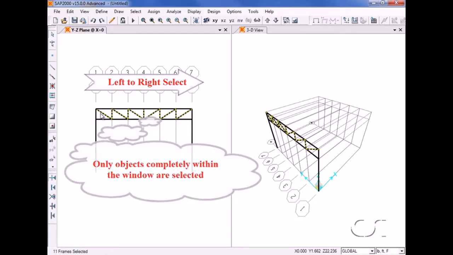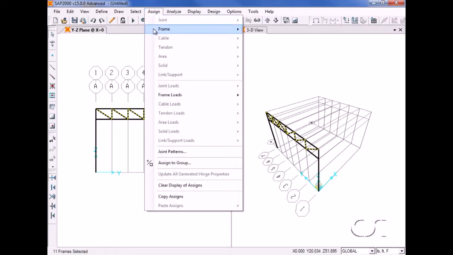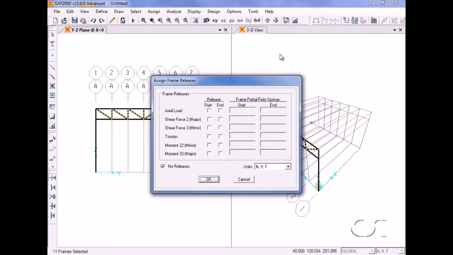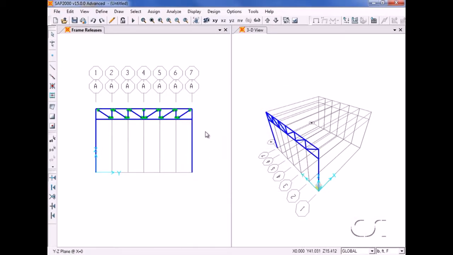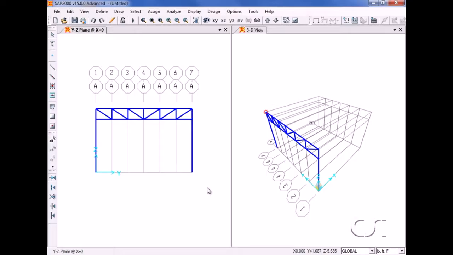Click the Assign Frame Releases command, and check the Start and End boxes for the Moment 33 moment component. Click the Clear Display of Assigns command to remove the pinned identifiers. Next, select the top chord by clicking on it and go to the Edit,